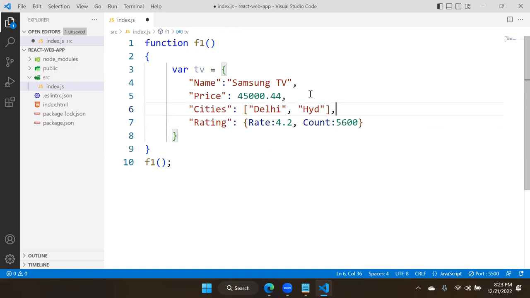This is an object. Now all the data is related to the TV, right? The price, the cities, the rating, all of these are related to only one TV. This is kept together in an object. And very important, actually, the history and all you will learn in JavaScript, because remember,